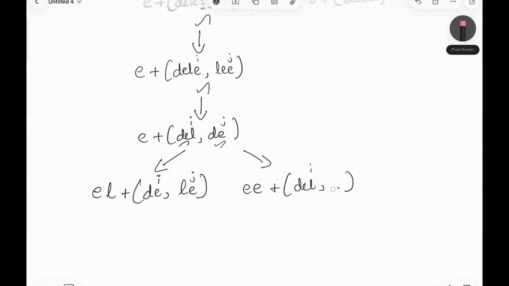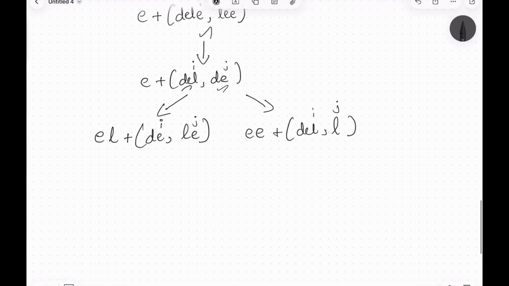Oops, it's l, it's not d, it's l, right? So further we can expand this for completing this quickly, and here we can see that s2 has l,